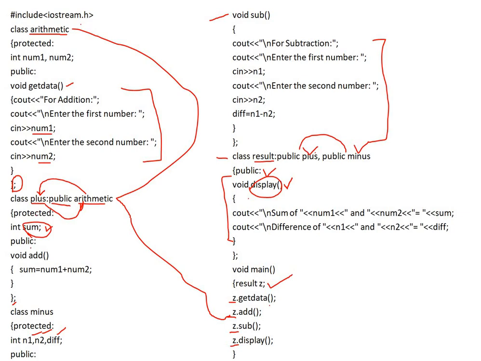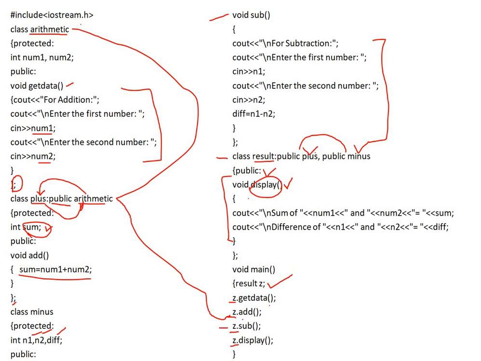If it is available within the class, then the set of statements under the add member function gets executed. Here we have only one statement under the add, that is sum is equal to num1 plus num2. Means the expression sum is equal to num1 plus num2 is performed, right? After execution of this statement, immediately execution control goes back to the next statement within the main function, that is